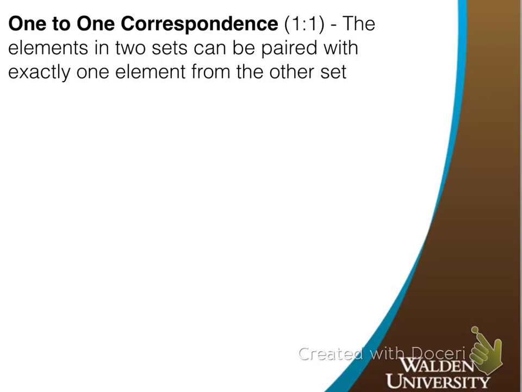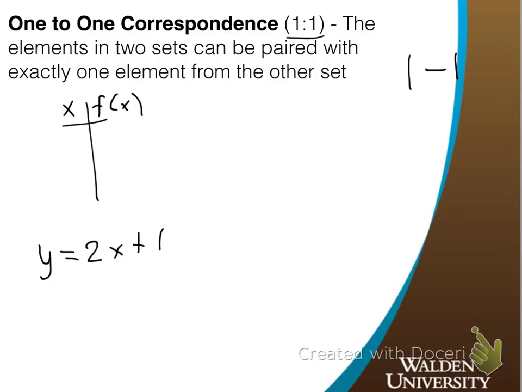One-to-one correspondence, which is denoted with this little 1-to-1 here, or you can see 1-1. The elements in two sets can be paired with exactly one element from the other set. A lot of times what comes to mind with one-to-one correspondence is graphing. Let's say you just had x and then f of x. If we had some graph like y equals 2x plus 1, you graph a few points,